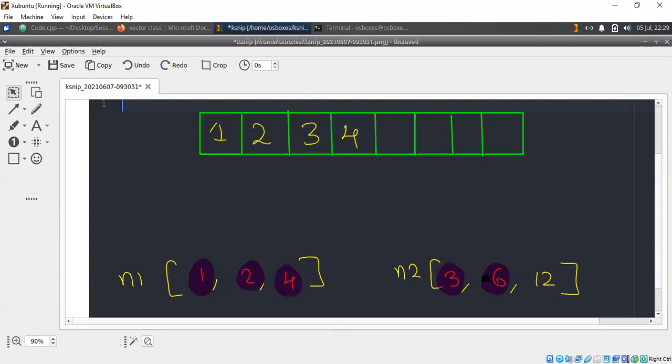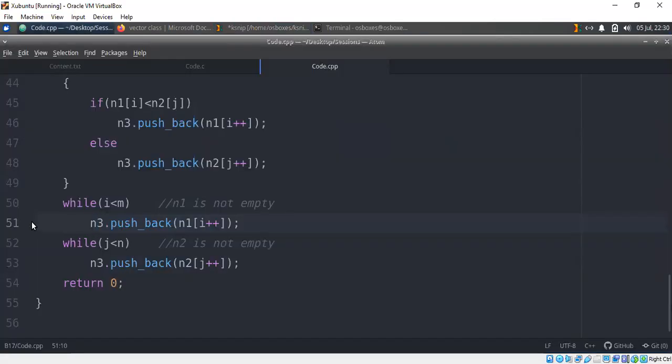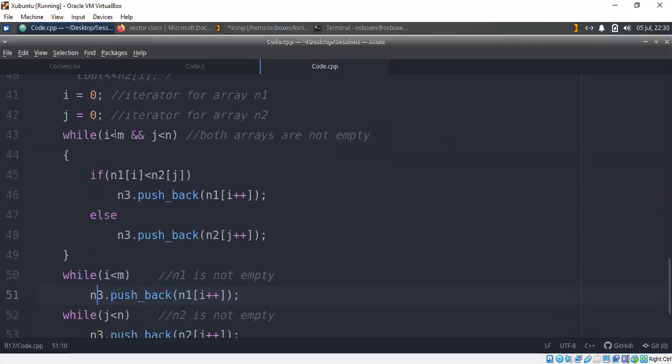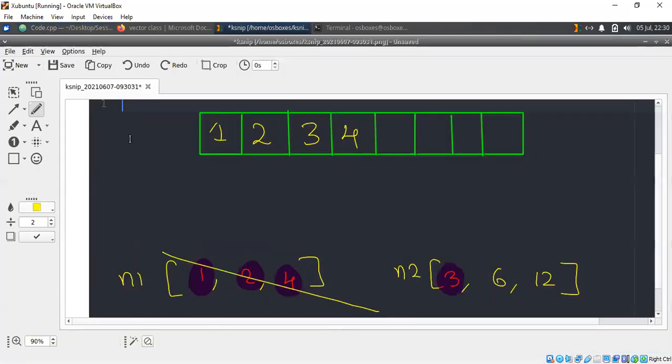Done. After that is done, remember, the first array is entirely done. If the first array is entirely done, what do I need to do? I need to copy elements of only the second array, right? Do I need to check the first array anymore? No. That's the same logic for why I'm using this. When both arrays are not empty, then I need to compare. When one of the arrays is completely done, that is, in this case,